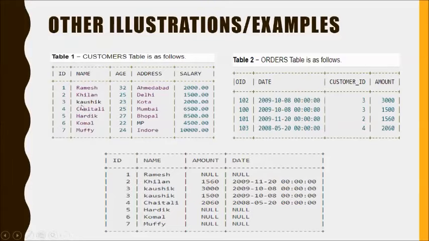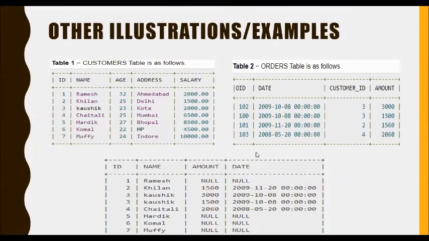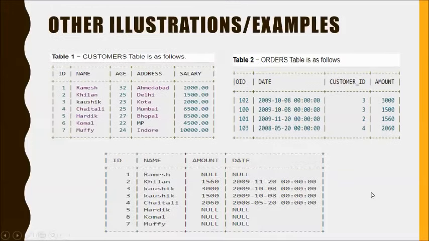So there's another customer ID, which is also number 3. So we will just copy the name Kaushik and the amount is 1,500. The date is 2009-10-08. Next, ID number 4, Chaitali. The amount is 2,060 coming from the orders table, and the date is 2008-05-20. 5, Hardik. The value of the amount and date is null because there is no matching values here for table 2,